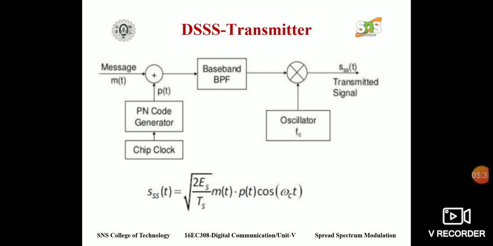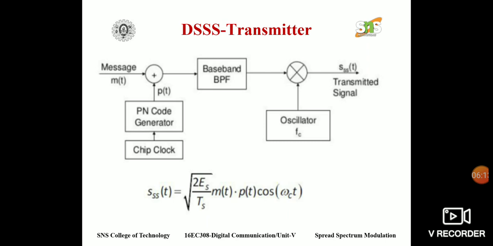This is the DSSS transmitter. Here the message signal is given to the modulator, where it is multiplied with the PN code generator, that is a pseudo noise code generator that has a chip clock P of T, so the output signal is P of T and the message signal is M of T. Both are combined and given to the baseband band pass filter, and again given to the modulator. The modulator has an oscillator signal, that is FC. So FC and the baseband signal are multiplied, and the final signal is